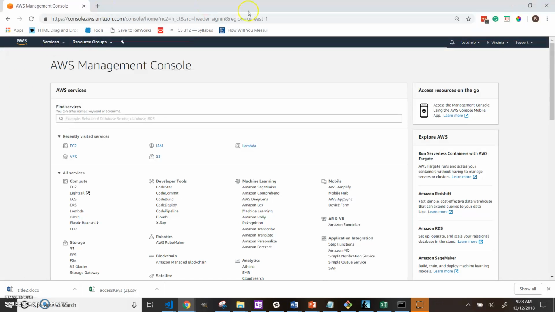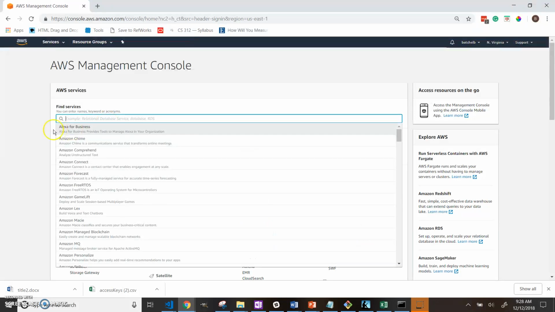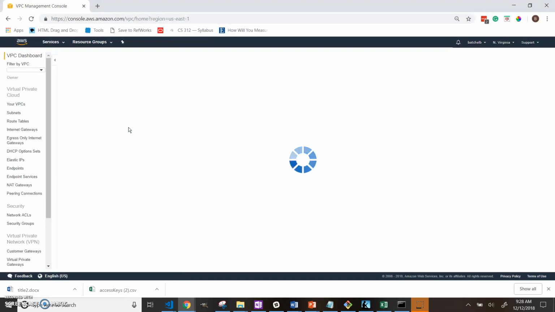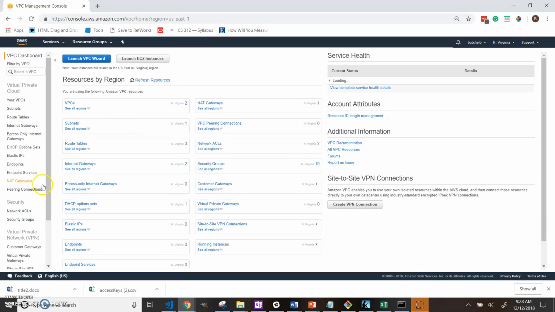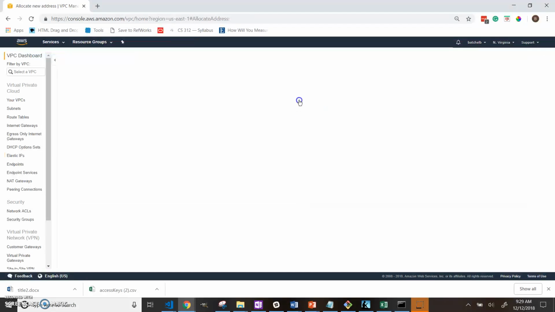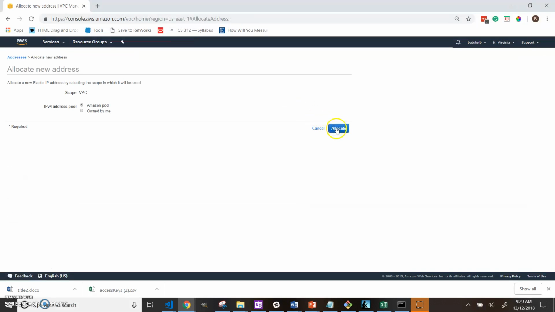So to get started, we're going to go over to VPC. We're going to need to allocate an elastic IP address. It will be allocated to our NAT gateway. That's what's going to give the private subnet access to the internet. To do that, we just click this button right here, say allocate,